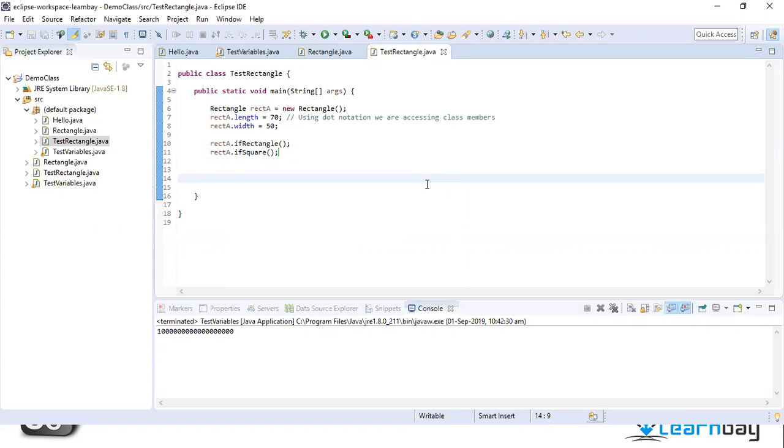What I did here is pretty simple. I have instantiated the object of the rectangle class. The object name is rect A. I am passing some values into the variables that are part of the rectangle class, 70 and 50. And then I am calling the methods is rectangle and is square to check what the calculation has to say. Now, if I run them,